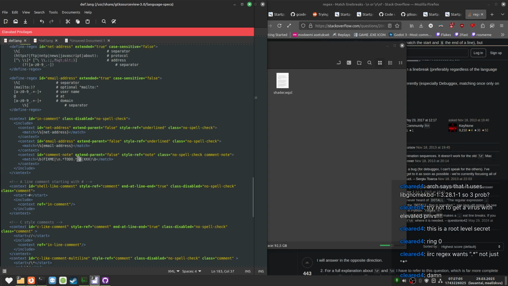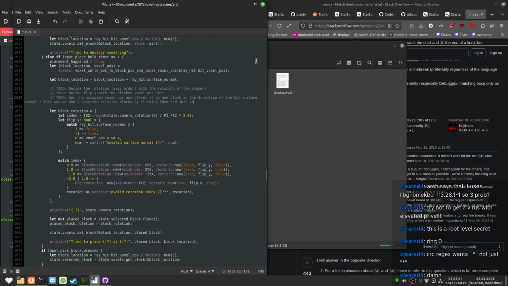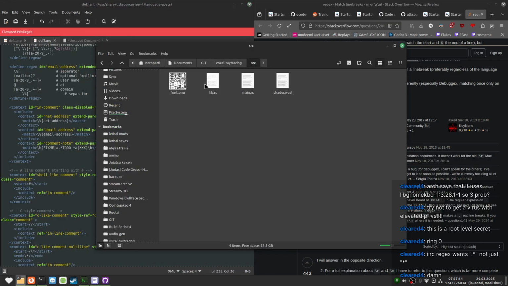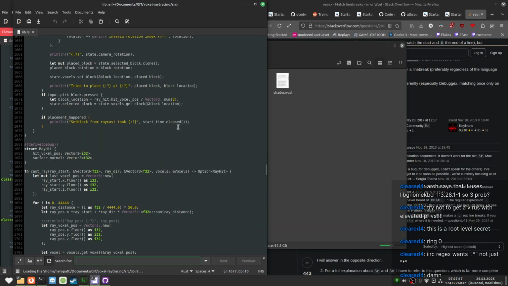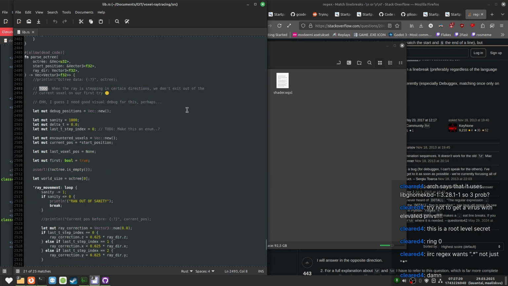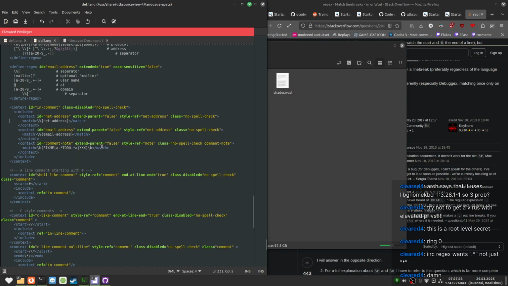I'm gonna find todos and then end and start highlighting on the letter A. Still doesn't work. Okay. Hmm. What if I just do this?